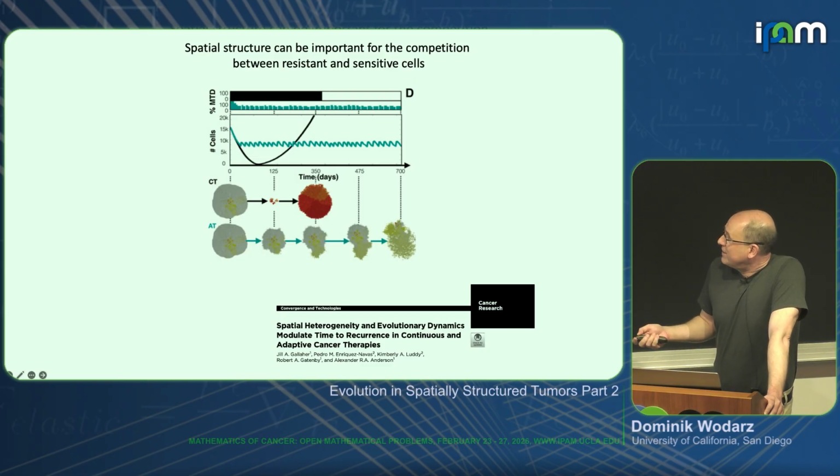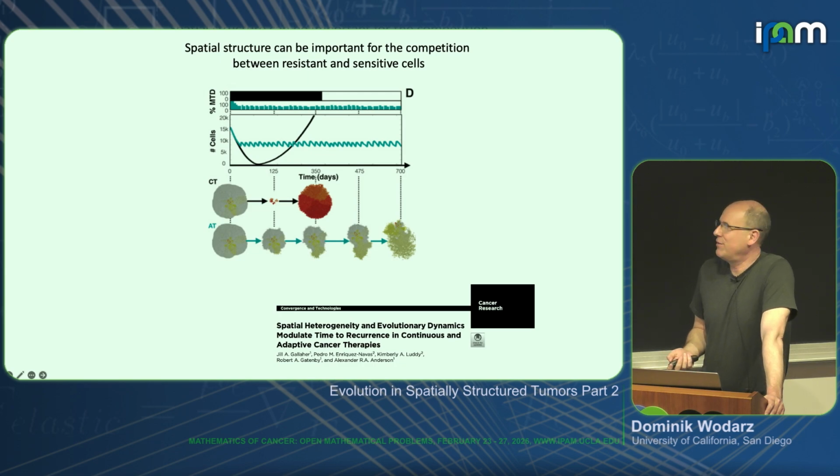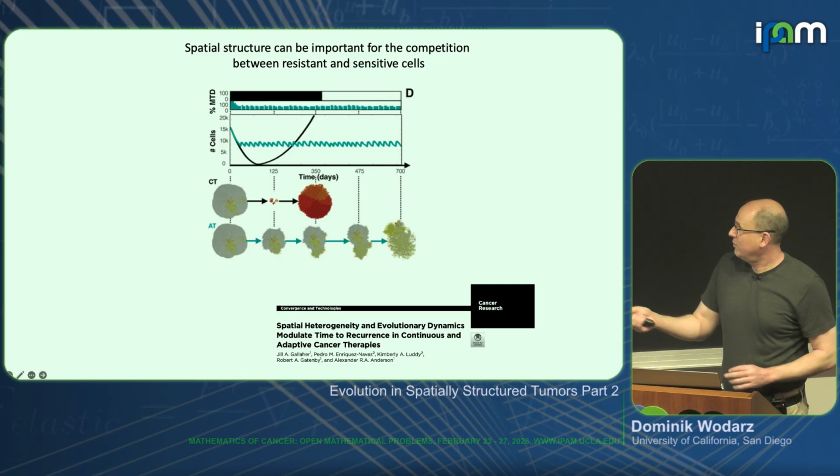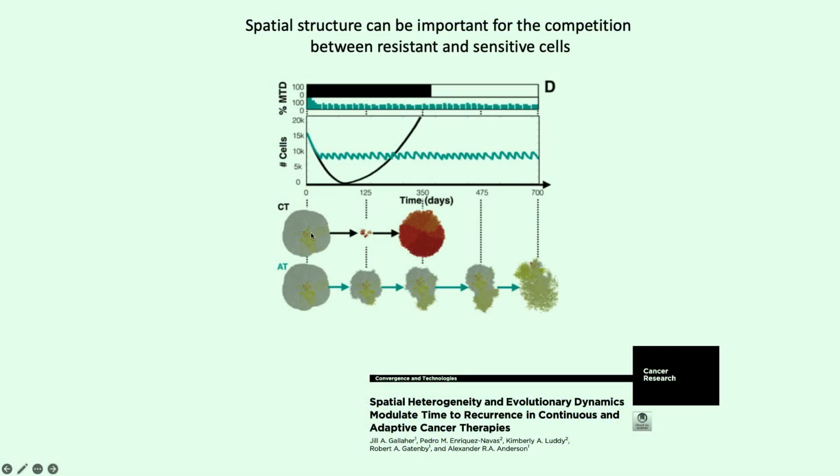This is another study showing how this sort of 2D range expansion can be very important. This is from Sandy Anderson's lab at Moffitt. They talk a lot about adaptive therapy. So here you have a tumor growing, where the gray is sensitive cells, and in the middle of it,